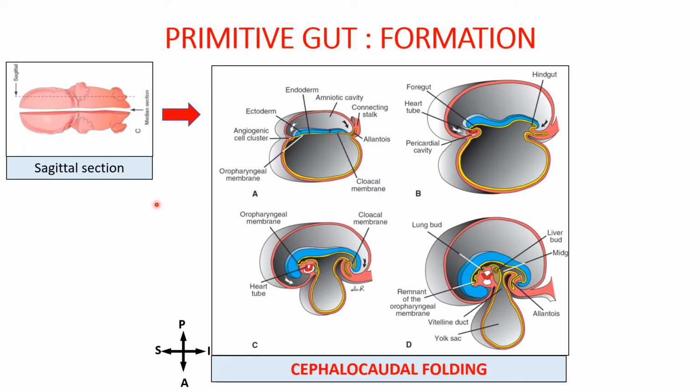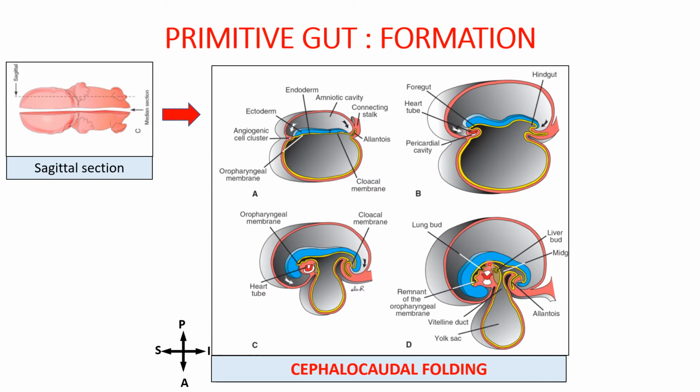So now let's see how these cephalocaudal and lateral folds lead to the formation of primitive gut. This is the sagittal section of the embryo. In this diagram, this is the cranial and the caudal pole, that means the head and the tail end of the embryo. This is the dorsal aspect, and towards the yolk sac cavity, this is the ventral aspect of the embryo. The sagittal sections at different stages of development, the last section showing the end of the first month, shows the effects of the cephalocaudal folding. Because of the head and the tail fold, this portion of the endoderm lined yolk sac cavity is getting incorporated into the embryo.